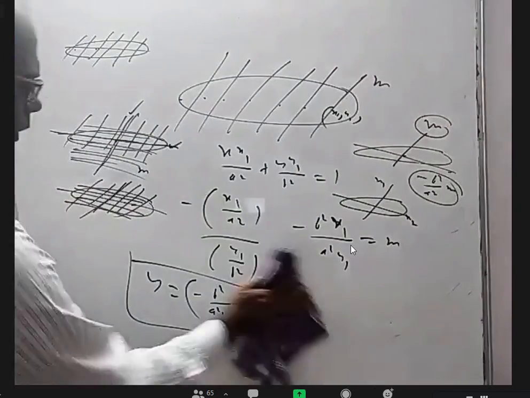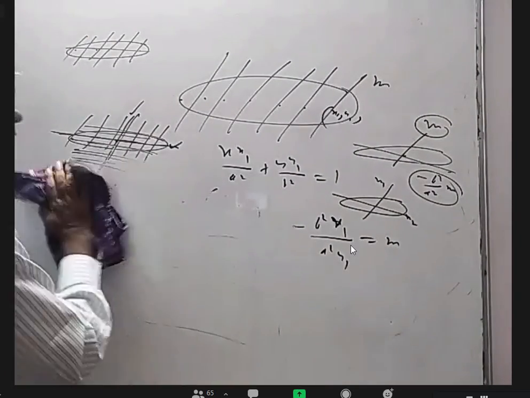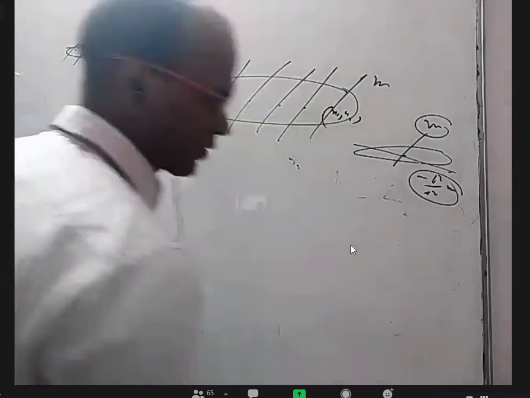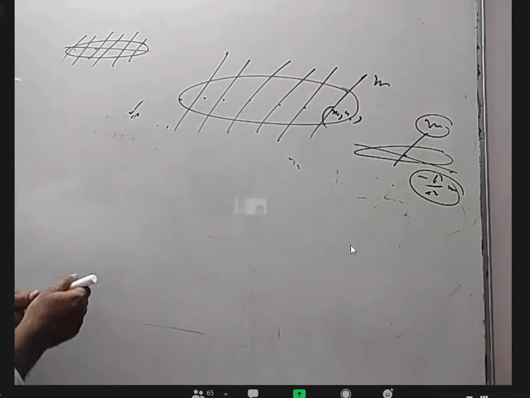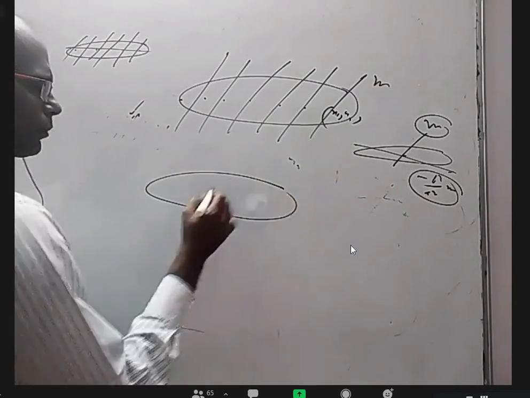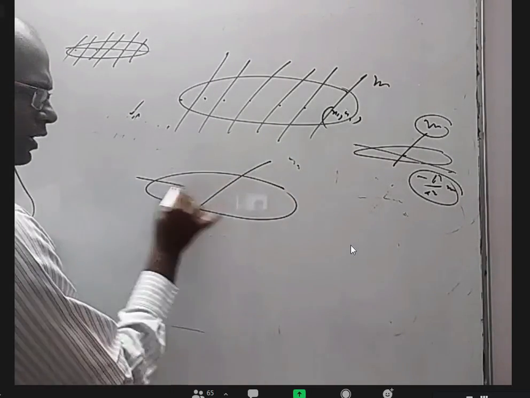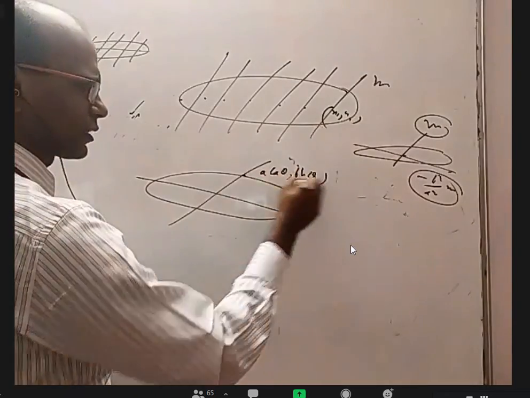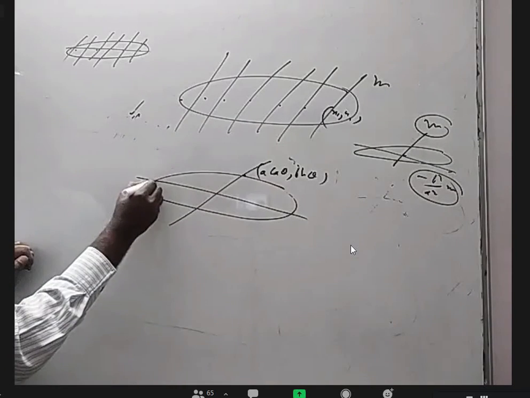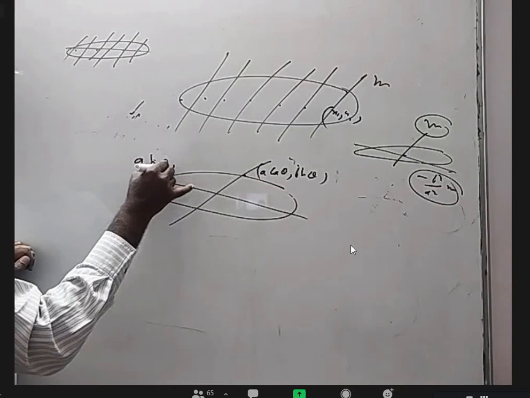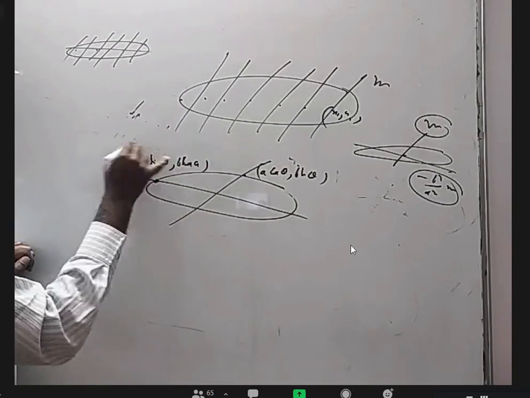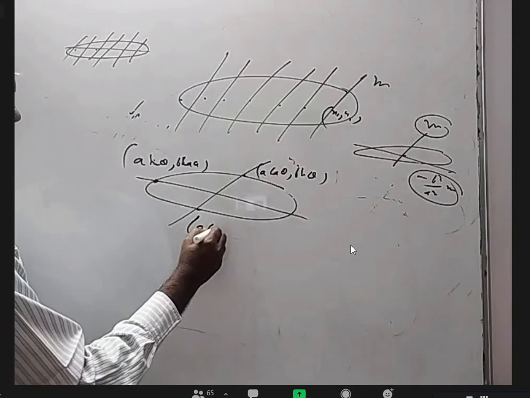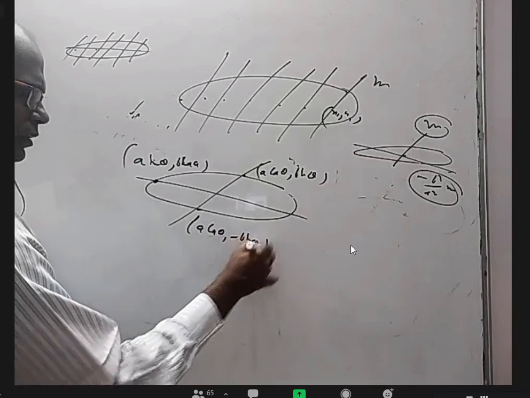Of course, I am not saying they'll ask a lot of questions on this, but they can give a passage defining what a conjugate diameter is. They can give some details. For example, if these are the two conjugate diameters, if I take this point as a cos theta comma b sin theta, this point I think will be a sin theta comma b cos theta. Obviously the opposite point is a cos theta comma b sin theta.